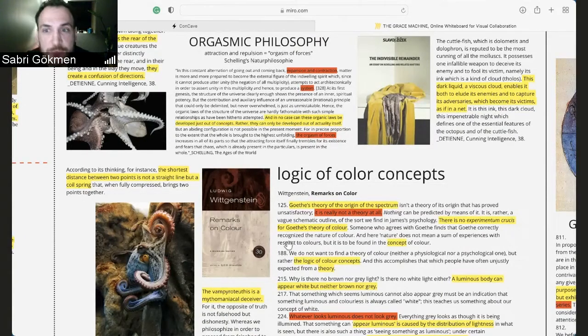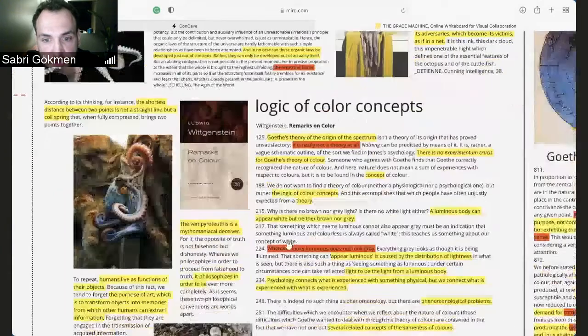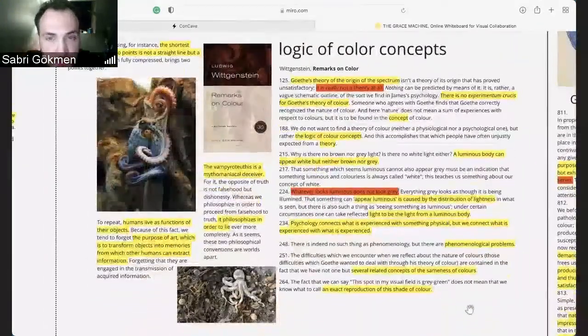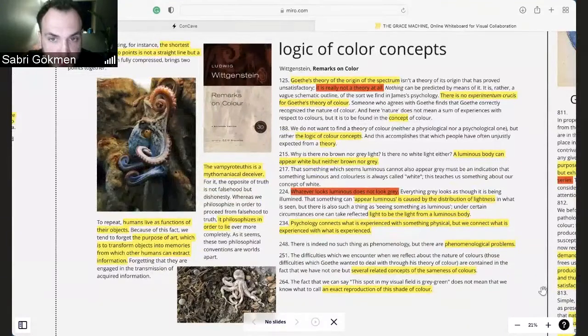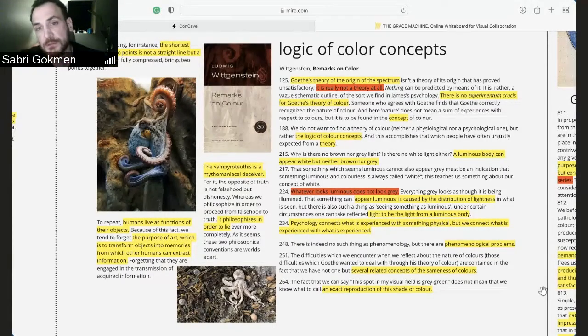So if we move down to the logic of color concepts, I wanted to present this before I talk about Goethe's theory of color and the octopus's color. But basically the notion of polarity, which we will later revisit in Goethe's theory of color, is a central principle for this type of opposite structure of natural phenomena. But Wittgenstein here gives us an interesting perspective to any theory of color, any theory on color, basically, or the way Goethe calls it, a treatise on color,